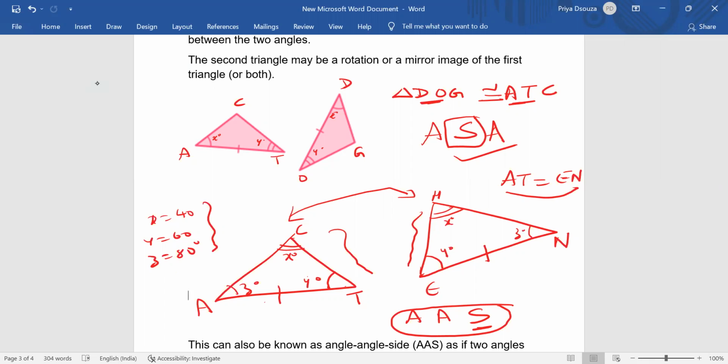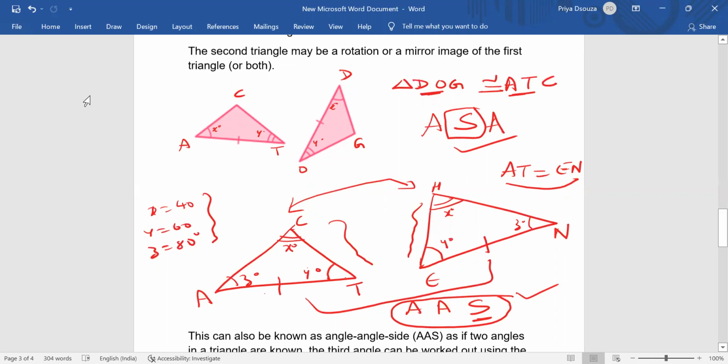And now, AT is the included side for z degrees and y degrees of the first triangle, these two I'm talking about. And likewise, EN becomes the included side, because we found out z. Now, if you directly use it without accounting for z, because initially only x and y were given, it would be a case of AAS. So if the side given is not an included side, then you have to go with AAS. The corresponding sides are equal. Otherwise, it will be ASA. So AAS is just a variant of